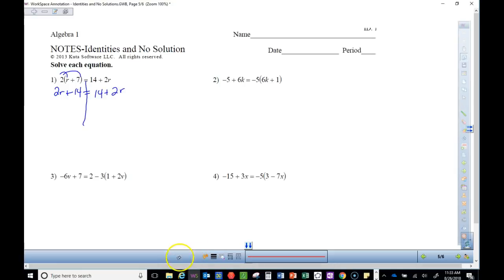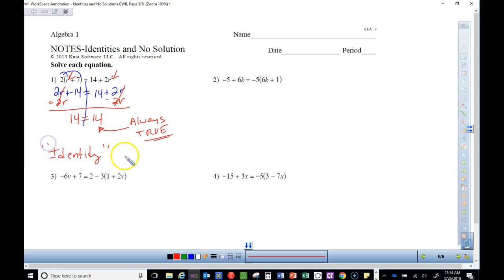When I go to get my variables on one side, I subtract 2r from both sides, and they both cancel out. So I end up with 14 equals 14. What's going to happen when all of your variables cancel out completely? You're either going to end up with something that's true. This is always true. 14 always equals 14. So no matter what number I plug into this equation for r, this is always going to be true. So this is called an identity, and sometimes you'll call it all